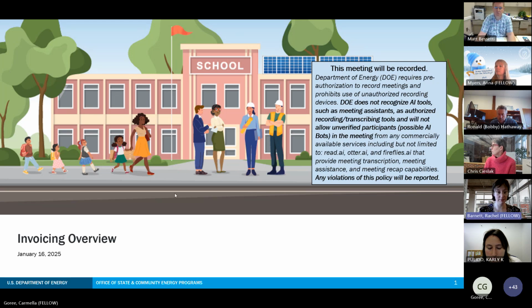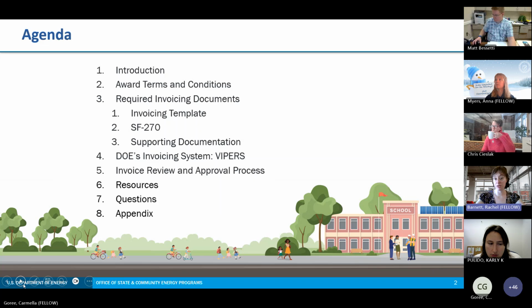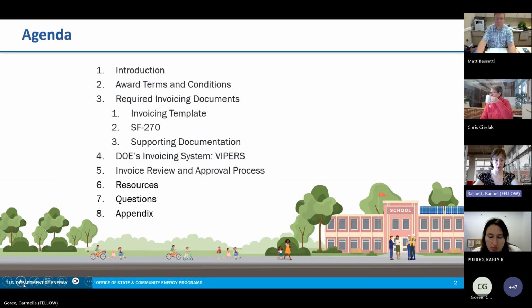Next slide, please. So here's our agenda for today. We're going to open with an introduction about invoicing processes, procedures, and key players. Then we'll move on to a discussion of award terms and conditions, followed by a deep dive into the required invoicing documents, including the invoicing template, the SF-270 form, and supporting documentation.